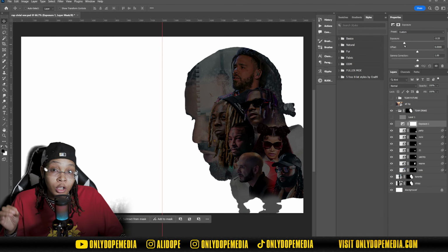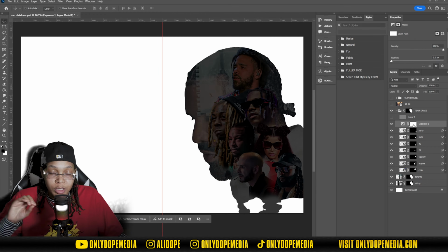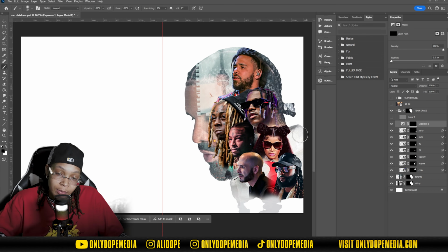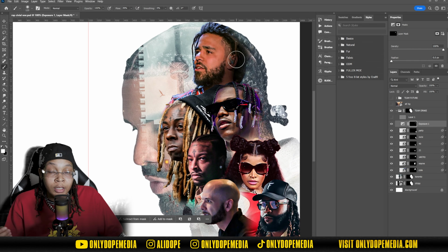And then this, we're going to go ahead and invert that mask. So now you don't see anything. And now we're just going to paint back some of that exposure. Basically, we're going to use this as shadows in the face to try to figure out where the shadows are going to be. So we're just painting into where we want some of the darker shadows to be for this particular image. And I'm just quickly going to go ahead and brush through that right now and give it